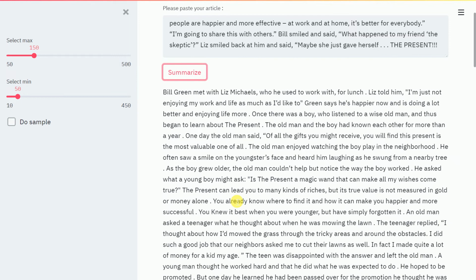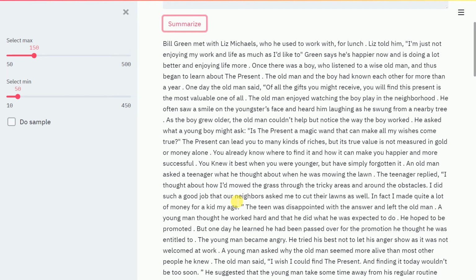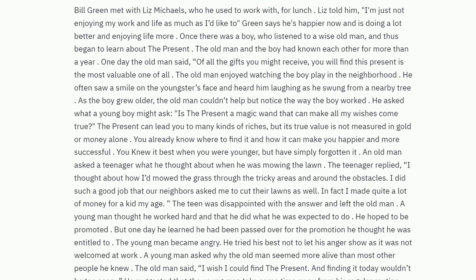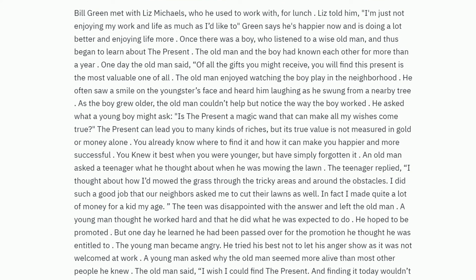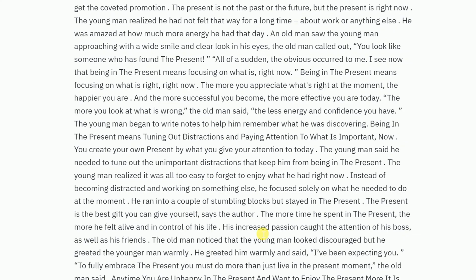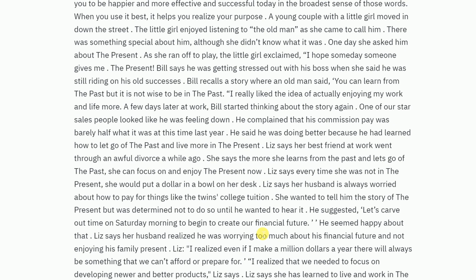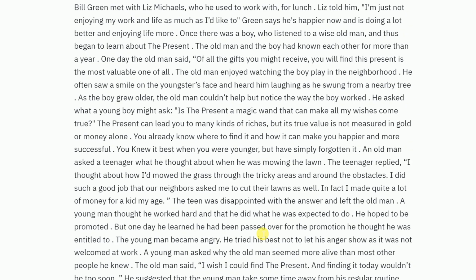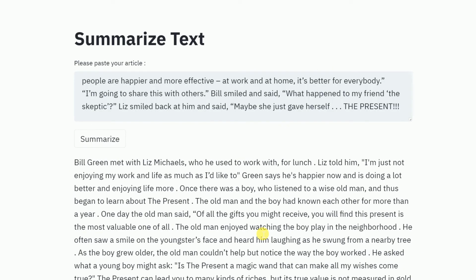So what you see here is a small summary of the entire book. This may look really big, but just understand that this is an entire book that has been summarized in close to 1 or 2 pages at max. So I'm truly mesmerized by what all you can do using Hugging Face's Transformer library in order to summarize text.